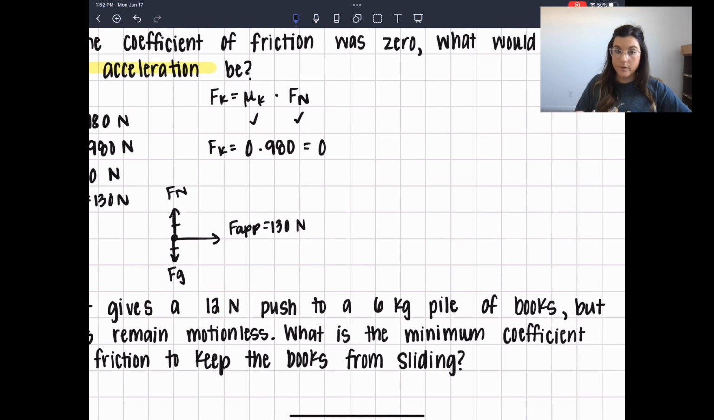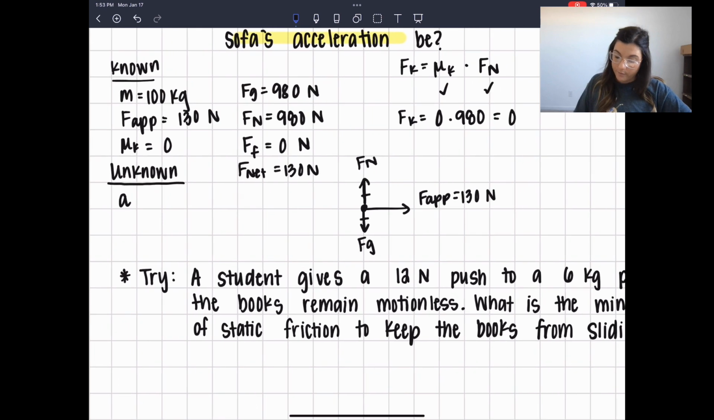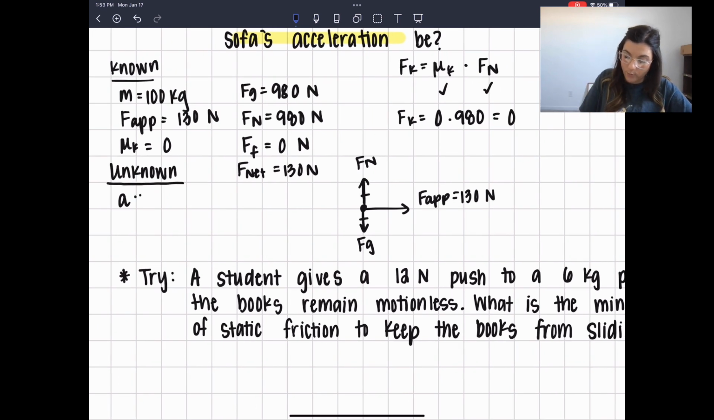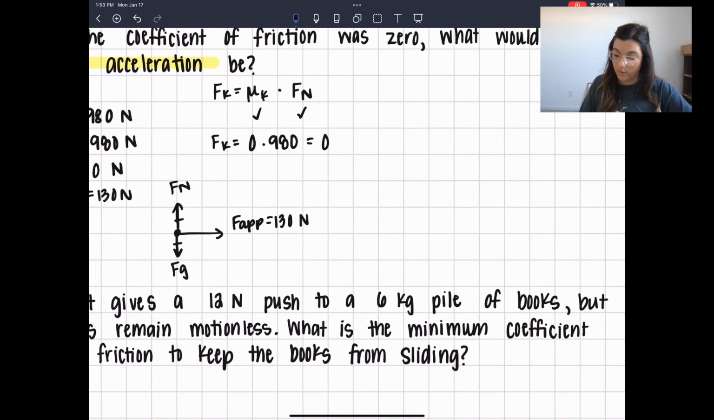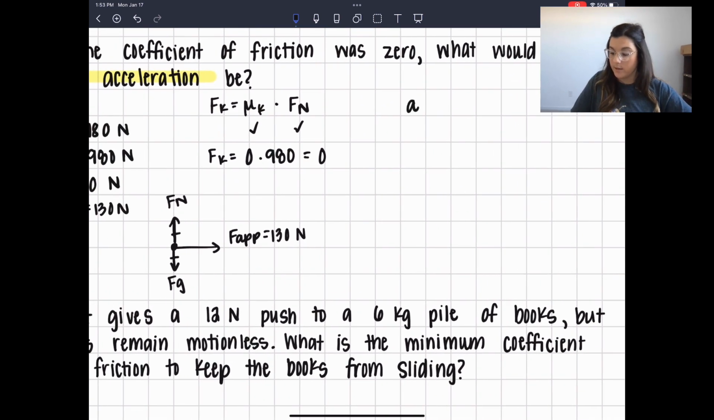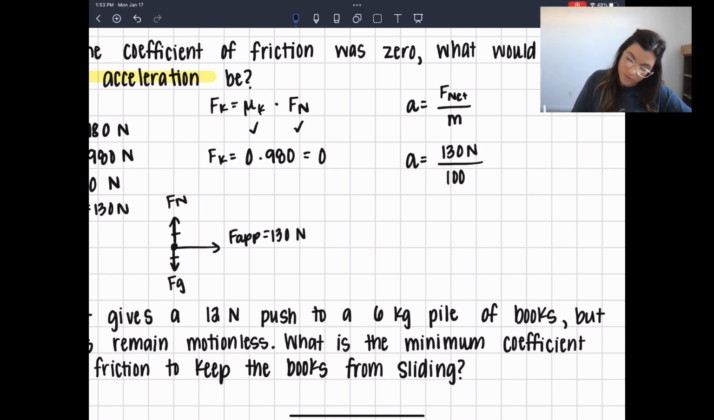So there are 3 versions of Newton's second law. If I'm trying to find acceleration, I want the version that's already solved for acceleration. So that is acceleration equals net force divided by mass, which I know net force and I know mass. So I'm going to plug and solve. My net force is 130. My mass is 100, so my acceleration is going to be,